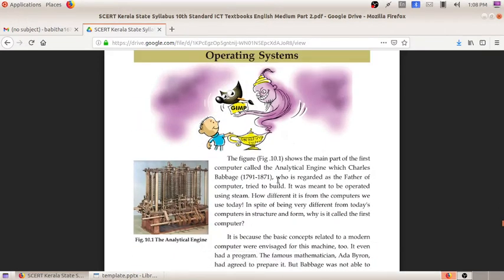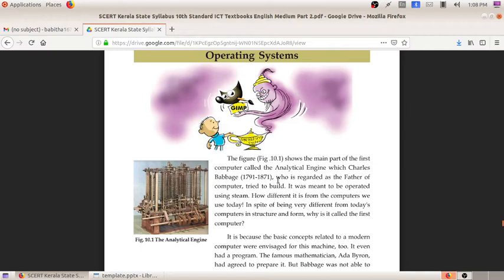You all will be knowing about the operating system. It is a very important part of the computer. In our computer we will be using the operating system Linux, Ubuntu. By using the Ubuntu we are doing the activities. Another operating system of the computer is Windows. Windows is also another operating system. So for doing the activities here we will be using the Ubuntu.